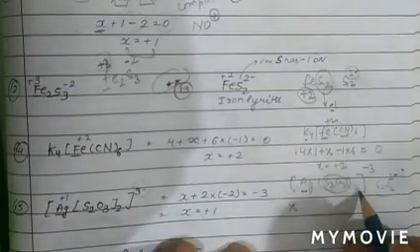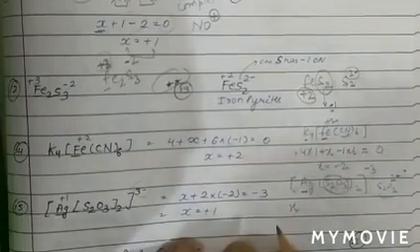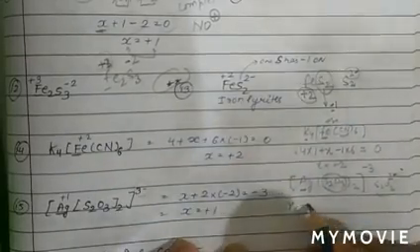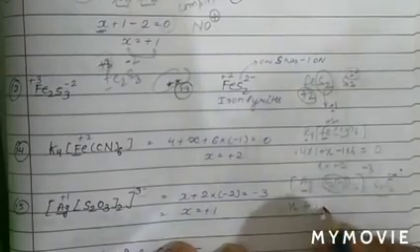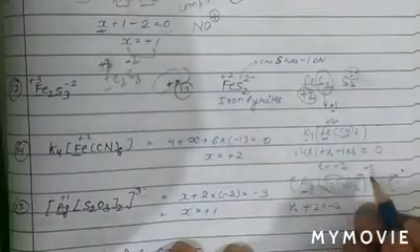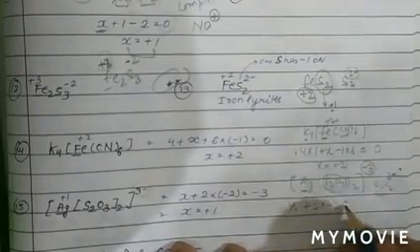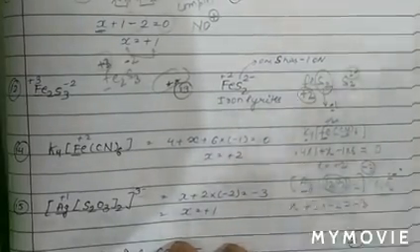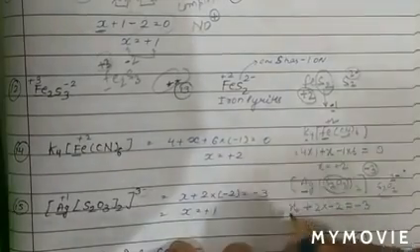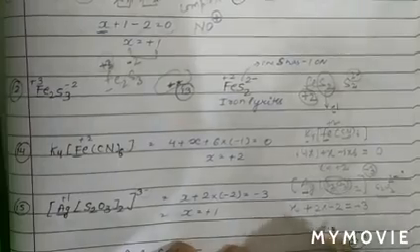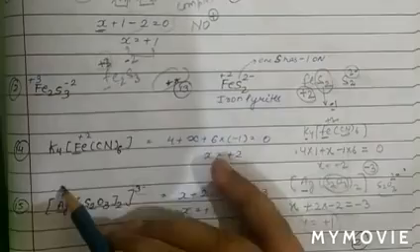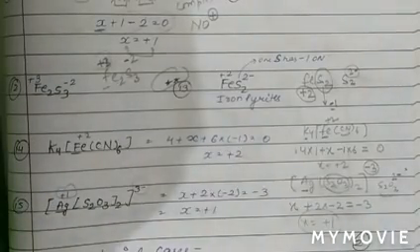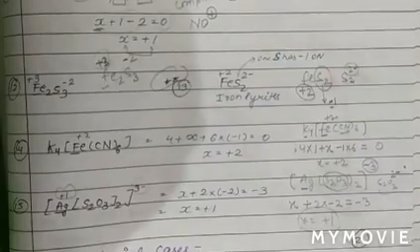And how many S2O3 are present? There are 2 S2O3 present. So we can say that X plus 2 into the charge on S2O3, which is -2. So 2 into -2, equal to the total charge present on this ion. So this is basically equal to -3. On solving, we get the value of X equal to +1. So the oxidation state of silver in this compound is +1.